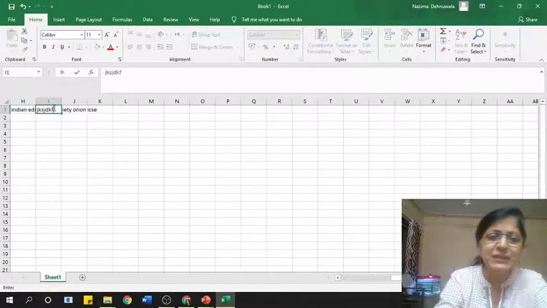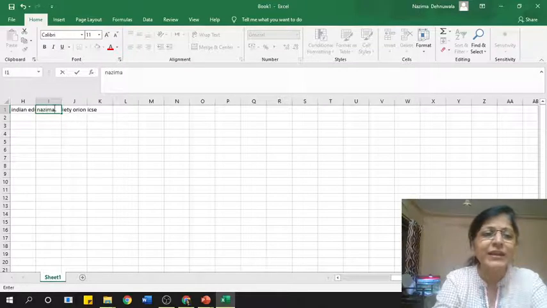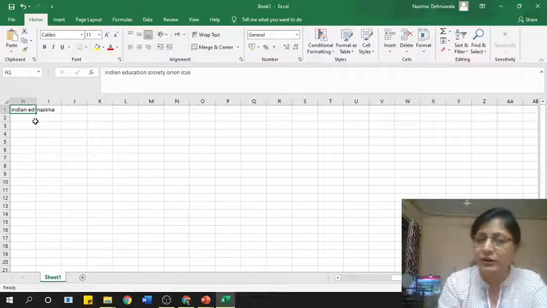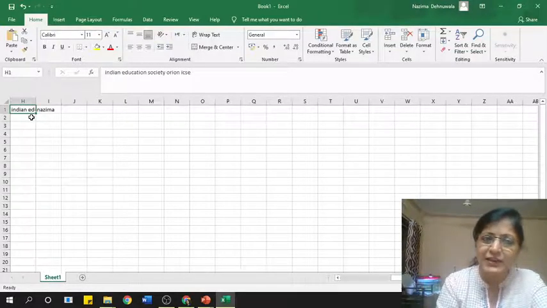If I type something in the next column, suppose if I type my name here, so you will find that only 8 letters are displayed over there and the remaining are not there. That doesn't mean it is cutting it off. It is still stored in that cell. Only thing is it is not displaying it right now because that much space is not available. You can see in the formula bar over here, it is displaying the entire content.